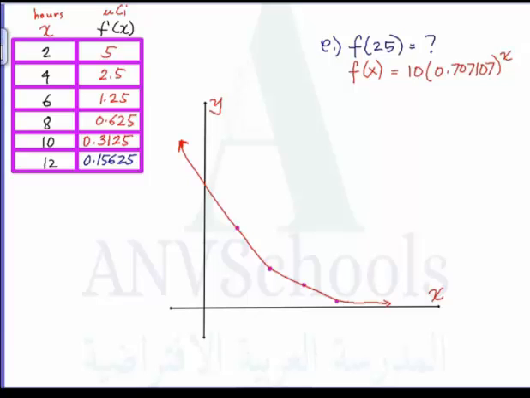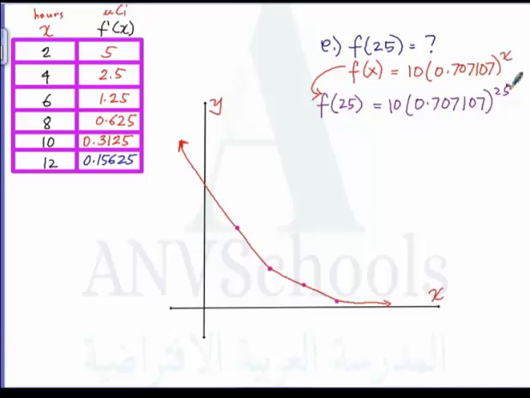If our x is 25, that gives us f of 25. f of 25 is thus equal to 10 times 0.707107 raised to 25. And taking your scientific calculator with you,